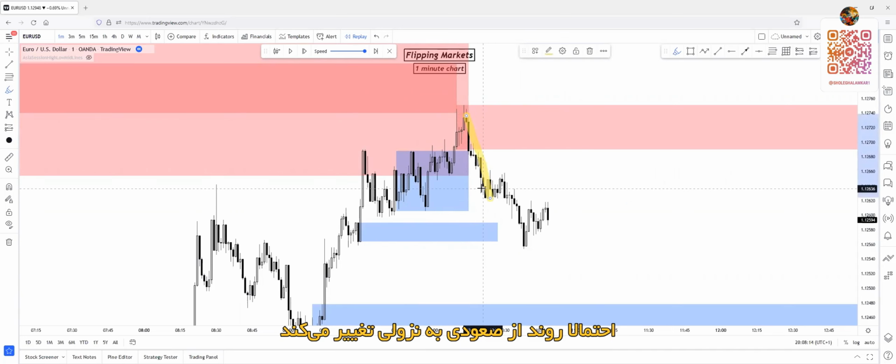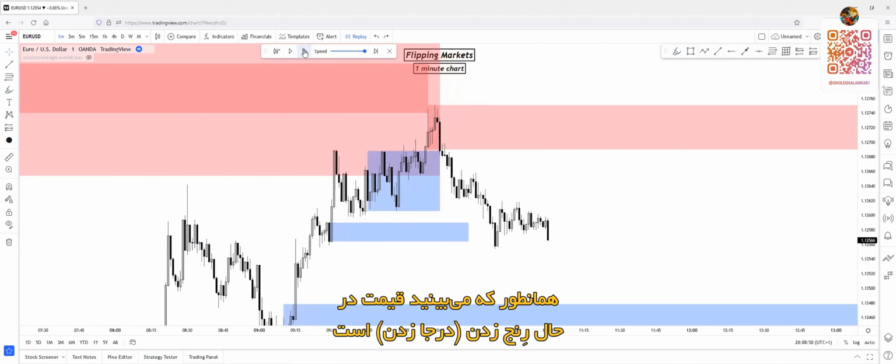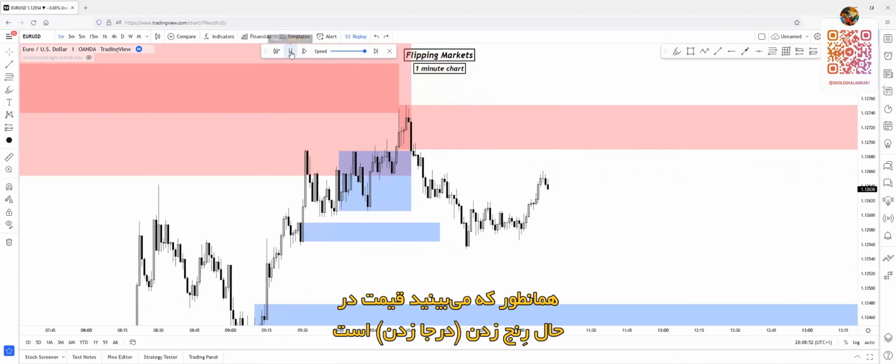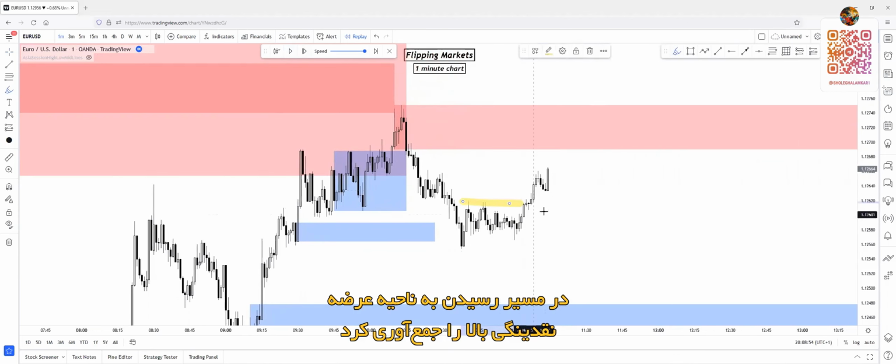And the overall higher time frame trend, so the 4-hour trend, is still extremely bearish. Remember, we are aiming for short opportunities because the overall structure, the overall trend on the 4-hour chart is extremely bearish. Okay, so let's just play price forward. As you can see, price is ranging now. Swept this upside liquidity with this movement